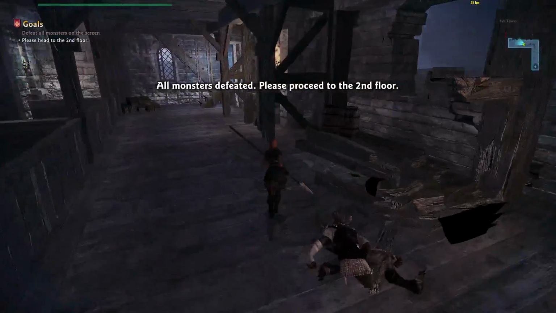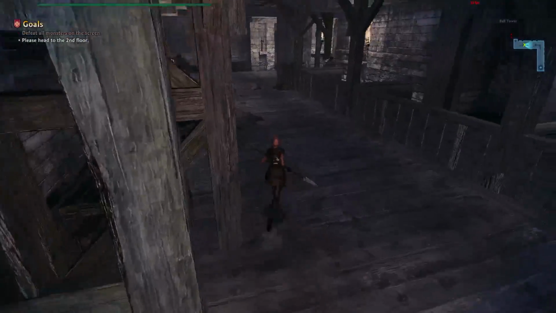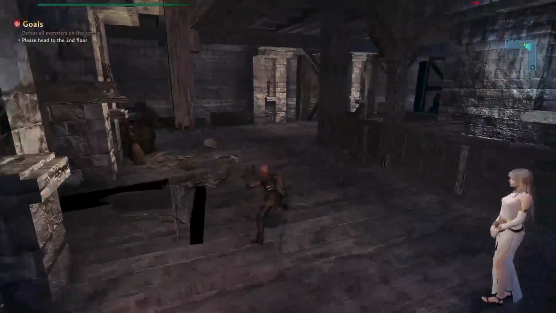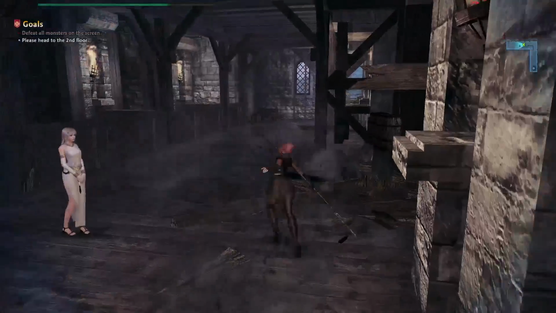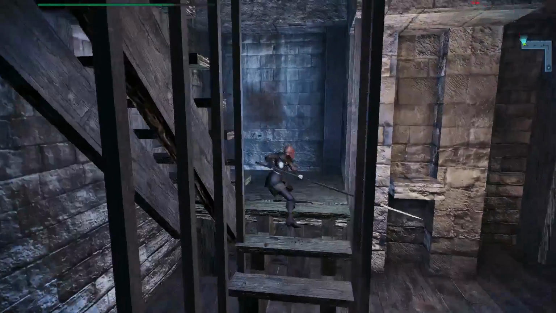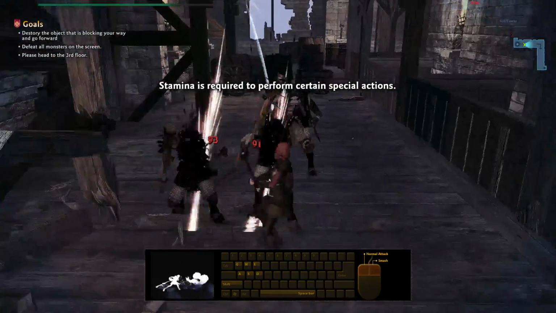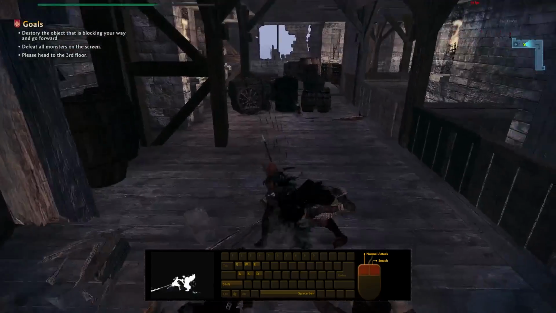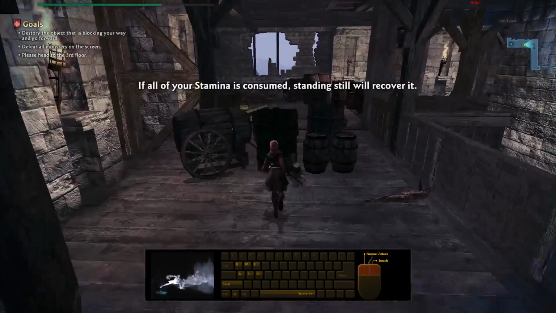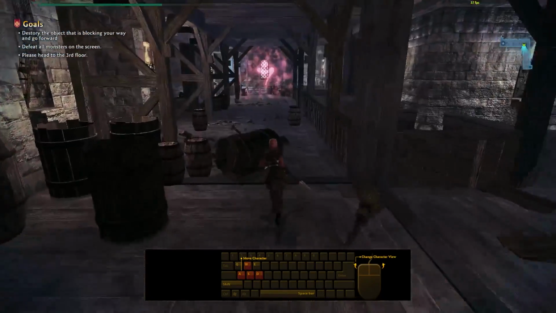Wow! This actually feels pretty good. So what happens if I like... Man, she gets low. Huh, interesting. Oh, and then it looks like I've got a stamina. Yeah, it looks like that green thing up there is my stamina bar. Oh. Okay, so it's kind of like a really...